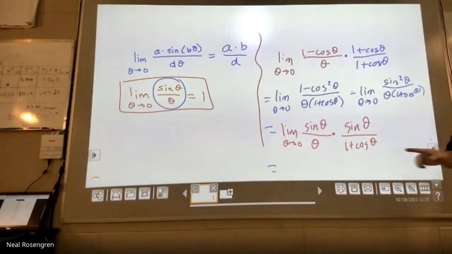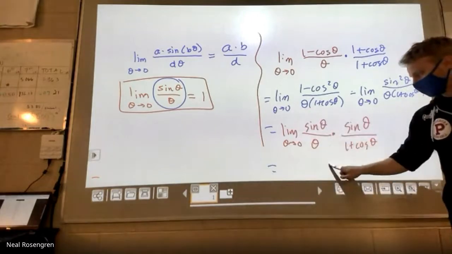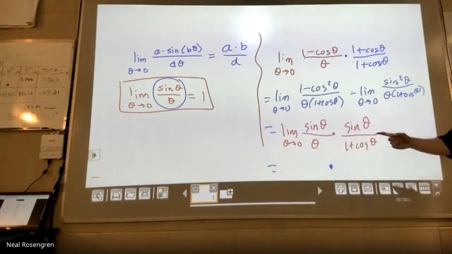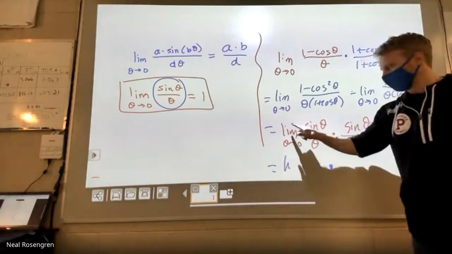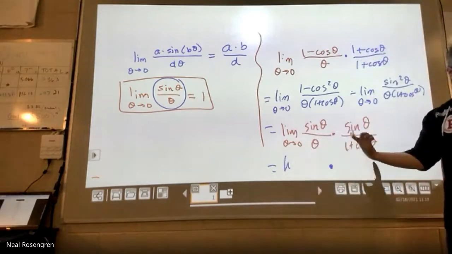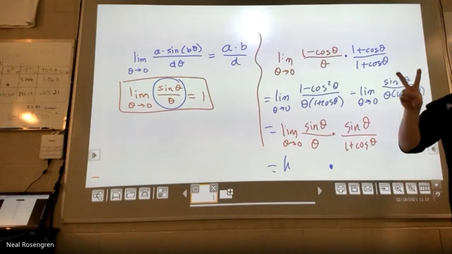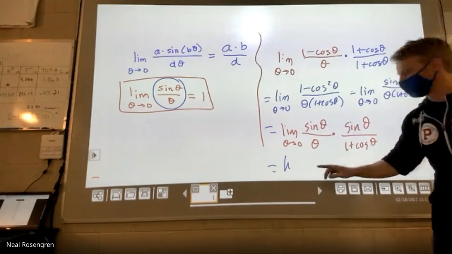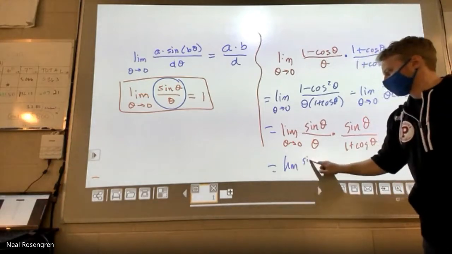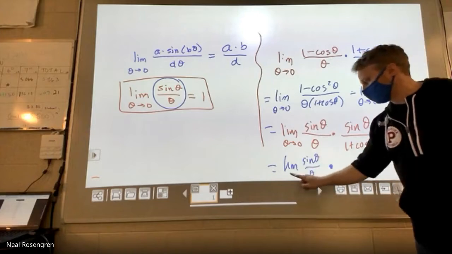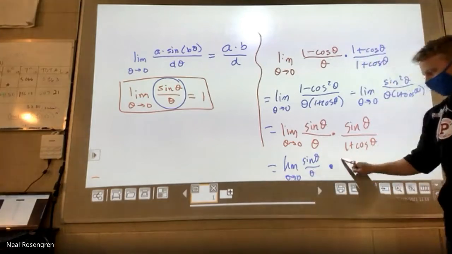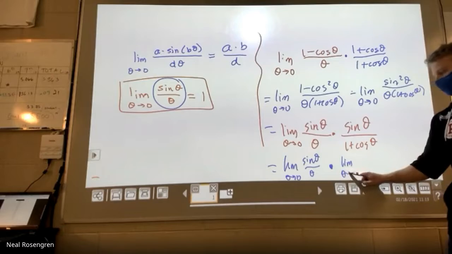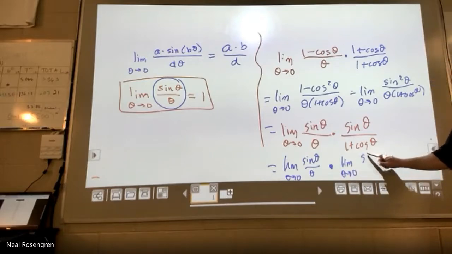I can take the limit of the first one and multiply it by the limit of the second one. The limit of two things being multiplied together is just two limits multiplied together separately. I can take the limit of that first piece and then the limit of the second. It's just a property of limits that works really nicely in our favor,